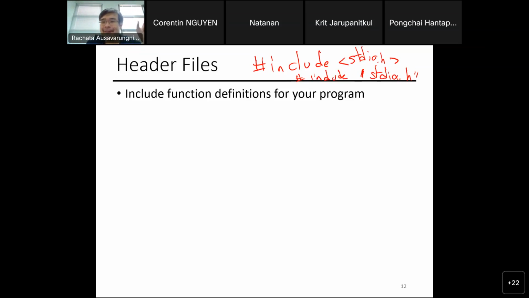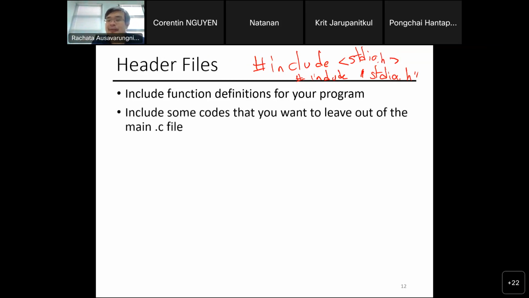That file will have the function definitions for certain things you can run, like printf and scanf, because some engineer has to actually implement those two functions called printf and scanf. These are real function calls, right? The header file will allow the user to then use some of the predefined functions, or even functions that you don't want to keep in the C file, right? You can define a function. I'll show you how this is done toward the demo part, which is the latter part of this class, how header files can be managed, right?